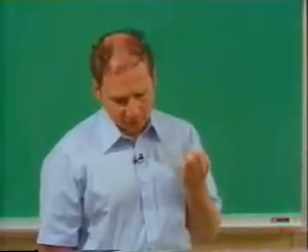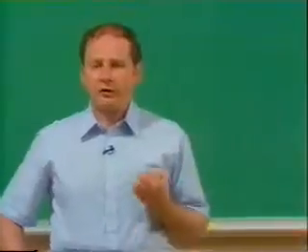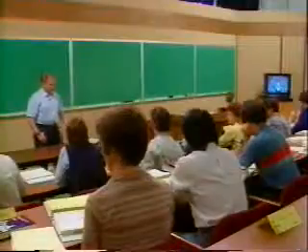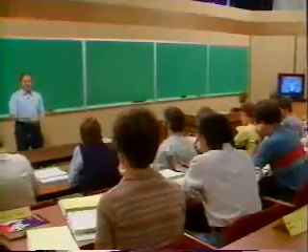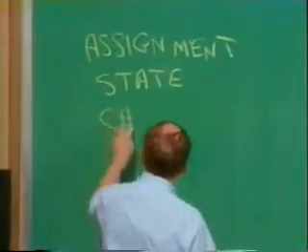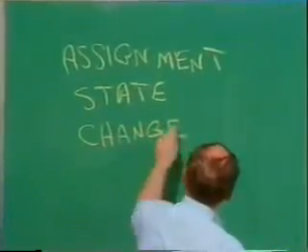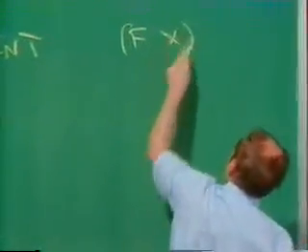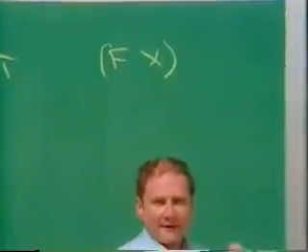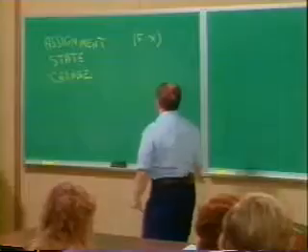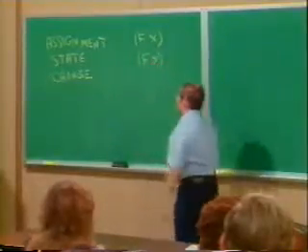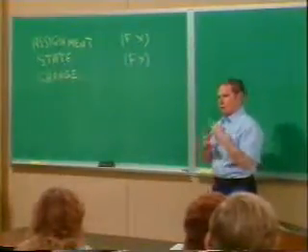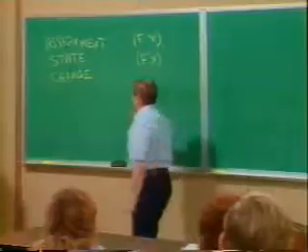Because suddenly a variable is not just something that stands for a value. Right? A variable now has to somehow specify a place that holds a value, and the value that's in that place can change. Or, for instance, an expression like f of x might have a side effect in it. So if we say f of x and it has some value, and then later we say f of x again, we might get a different value depending on the order. So suddenly we have to think not only about values, but about time.